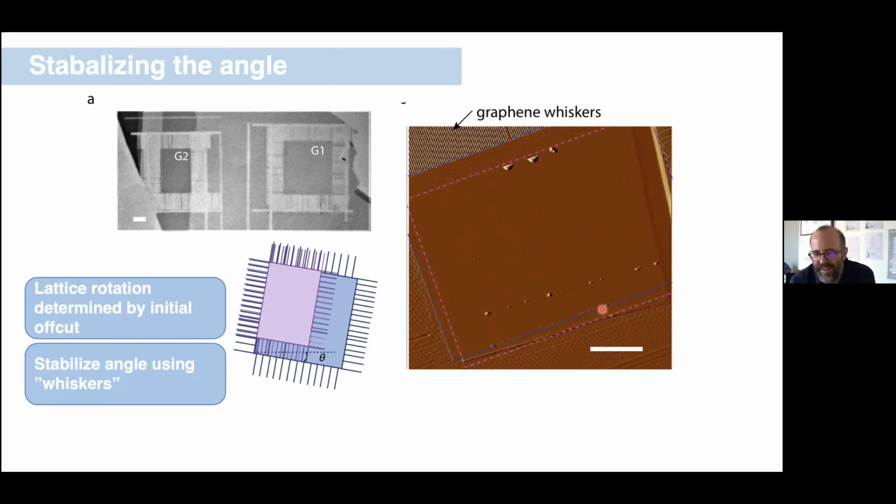One of the questions I might ask, maybe somebody has thought about, is the question we keep asking: the moiré pattern itself has a well-defined unit cell. So you can start to ask what happens down at the single unit cell level, or start to imagine that you couple just a few unit cells together. Can you start to impose confinement considerations on top of the moiré pattern, and so on? There are interesting questions that might arise from that.